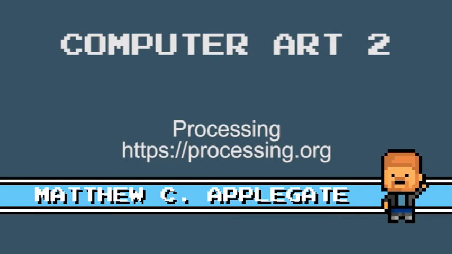Today we're going to be looking at some examples in processing. I love using processing to help new programmers to learn how to code. It's simple and it gives the coder almost immediate feedback, which allows them to better understand what the code is doing. If you don't already have processing, I recommend you pause the video and download it from the link below. Once you have processing set up, you're ready to begin.